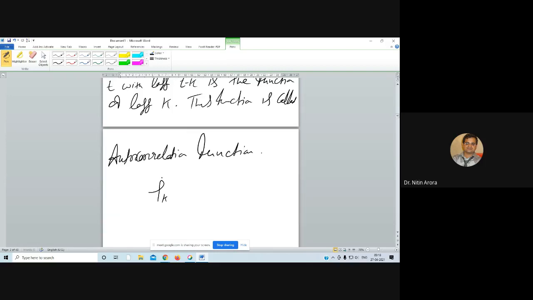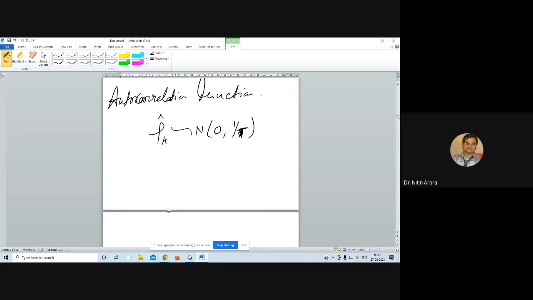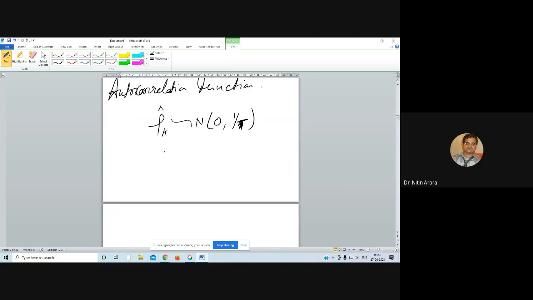Now this rho k cap is normally distributed with mean 0 and variance 1 by n, or 1 by t, you can say. T is the number of years, capital T. Now if this is the case, rho k cap is normally distributed with mean 0 and variance 1 upon t. If I have to consider the confidence interval for rho cap, then can I write it as